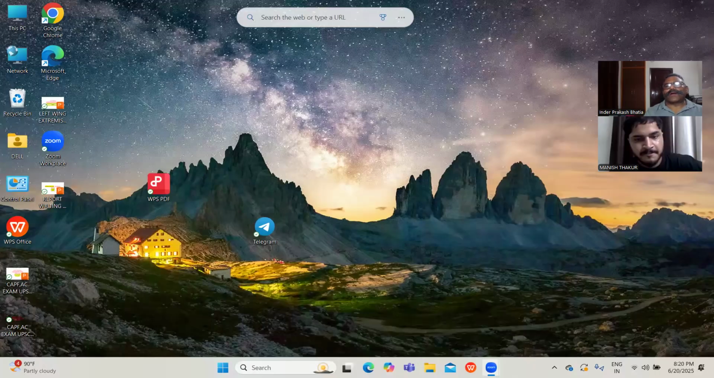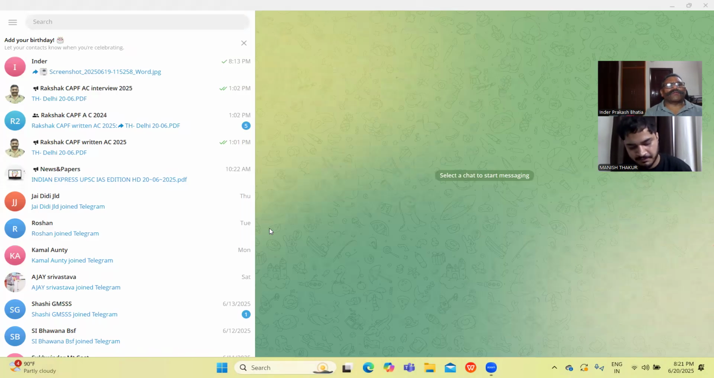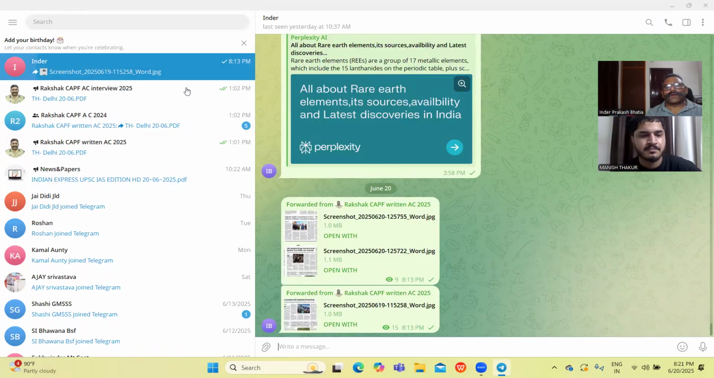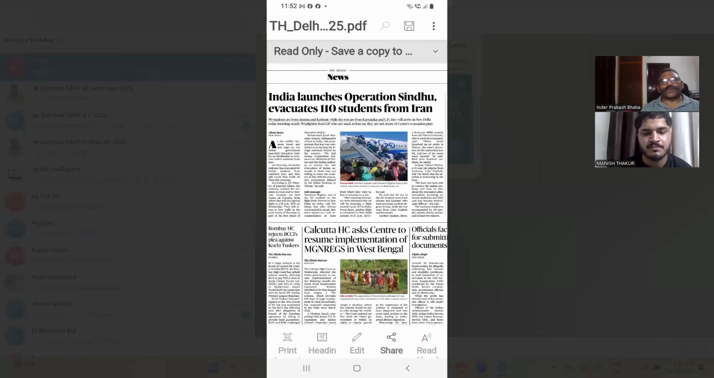First of all, we'll share the news related to this report writing, and then we'll go to the actual presentation of report writing. India launches Operation Sindhu, evacuates 110 students from Iran. This is the news which came day before yesterday in the newspapers that India has launched Operation Sindhu and evacuates